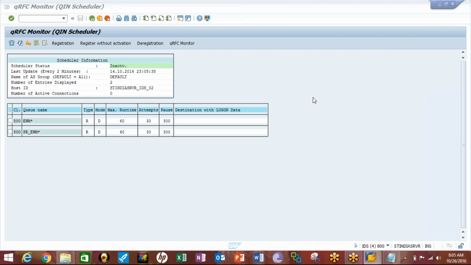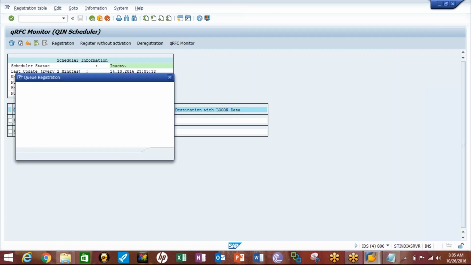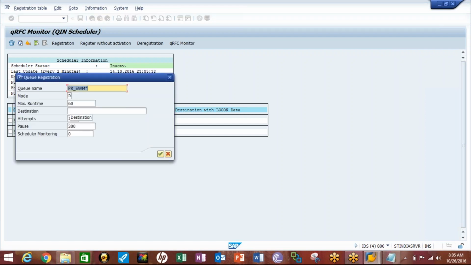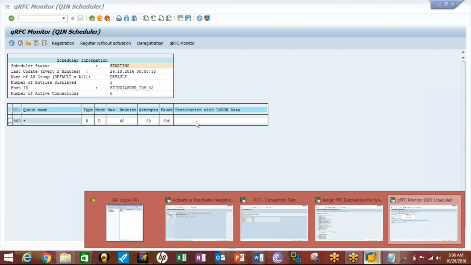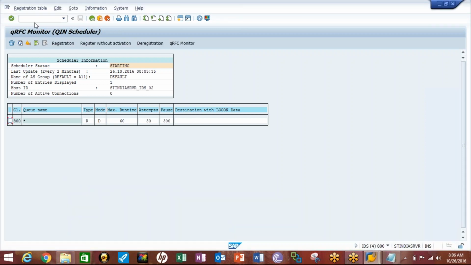Can you go into registration? Give a star here. Remove the Q underscore EWM, put a star there and continue. Okay. Now try again. Now go to SMQS. What's the entry there?